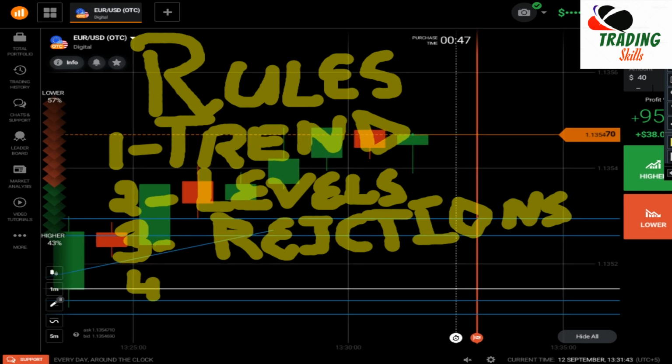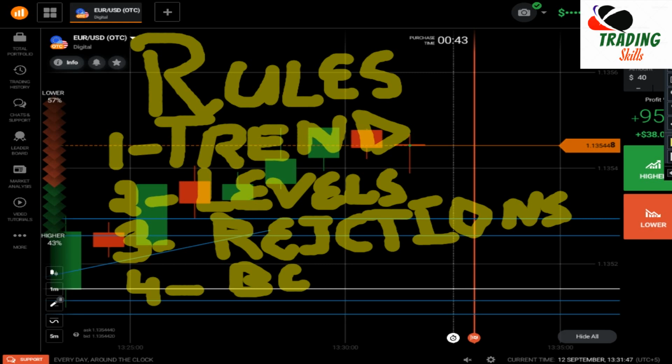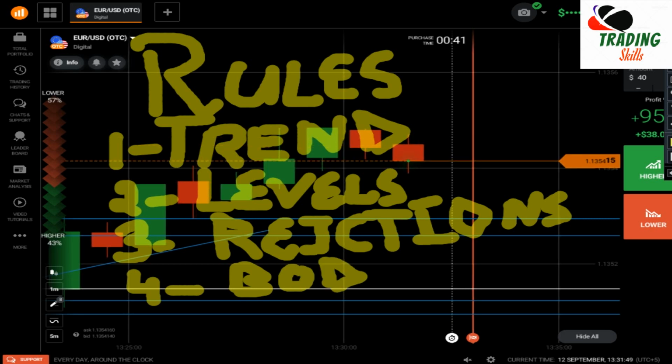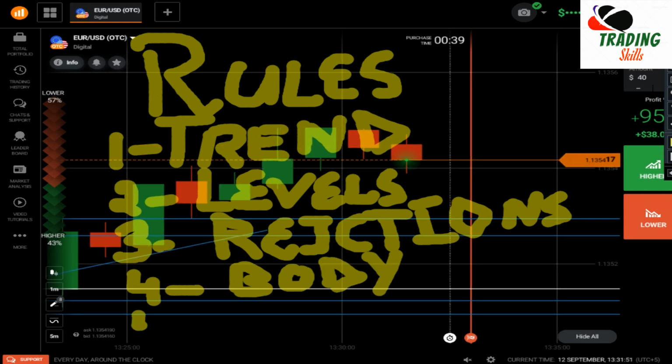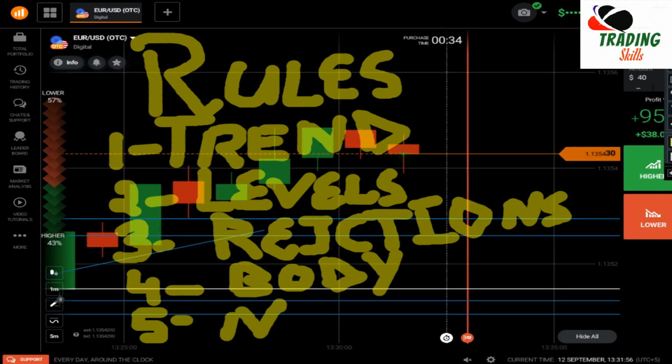The fourth thing is you need to focus on the body of the candlestick. The fifth thing you can also add is the new highs